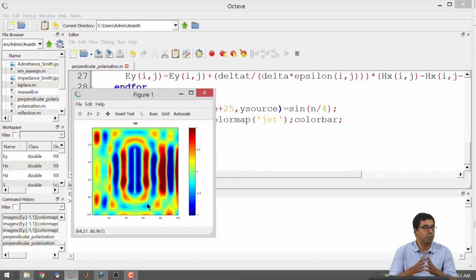So, this is how one would simulate Maxwell's equations in 2 dimensions, and this is the limit to which we can see in this course, because in 3 dimensions the computer will become really slow. Okay. So, we will stop here, we will meet in the next class, which is tomorrow. Please bring your computer again, and we will be making a faster version of this, and we will be putting interfaces and trying to draw inferences. Okay. And for parallel polarization, after we have gone through this whole exercise, my belief is that you should be able to write your own program. All it needs is changing the update equations. That's about it. So, I will stop here.